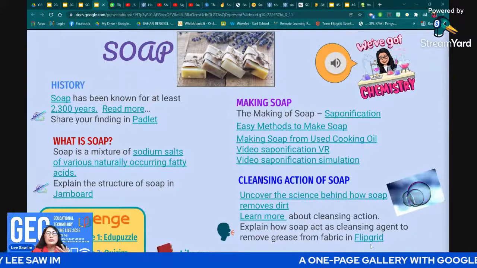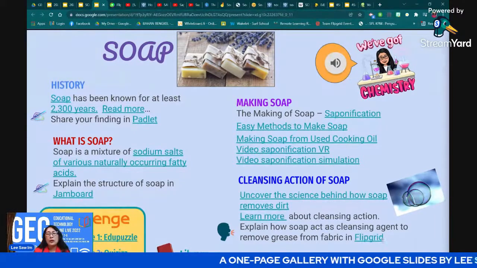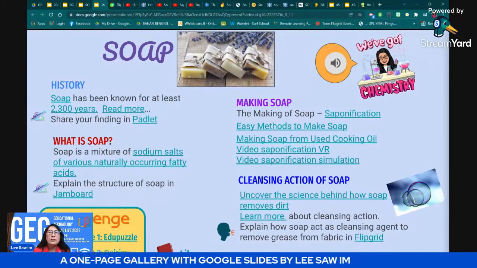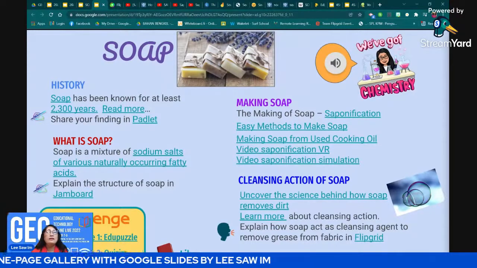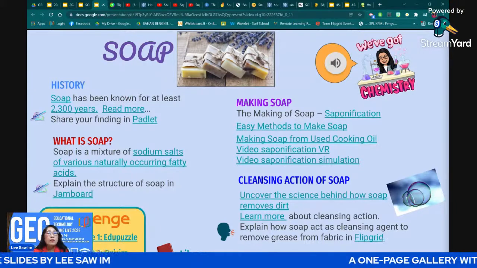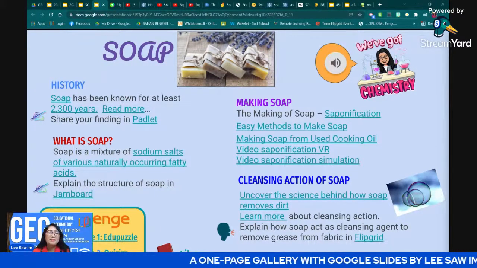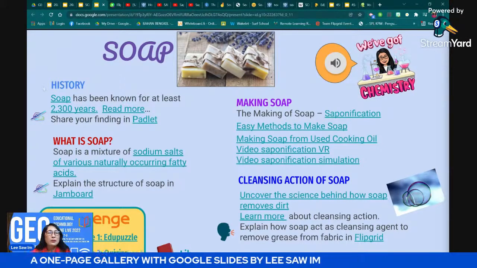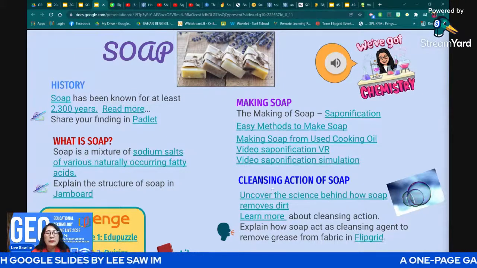After the student submits the video, you can rate them, you can mark them verbally. I always believe that if the student can say it out, if the student can tell the story, then of course during the exam they can write it completely. Okay, so after they have gone through this exploration, the history, what is soap, these four processes,